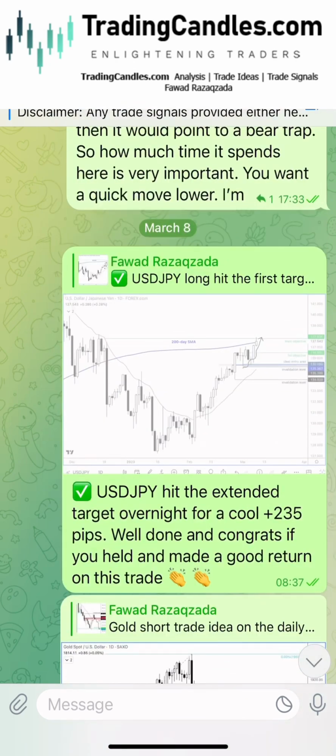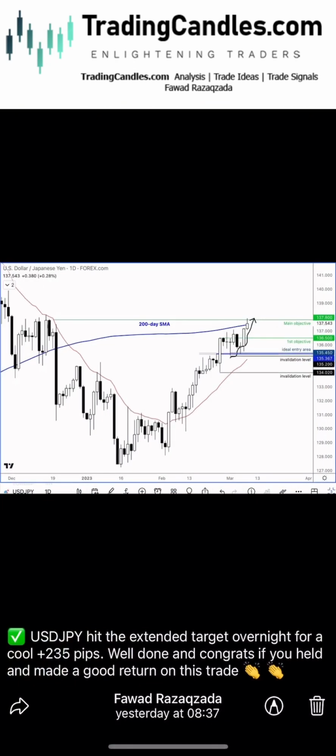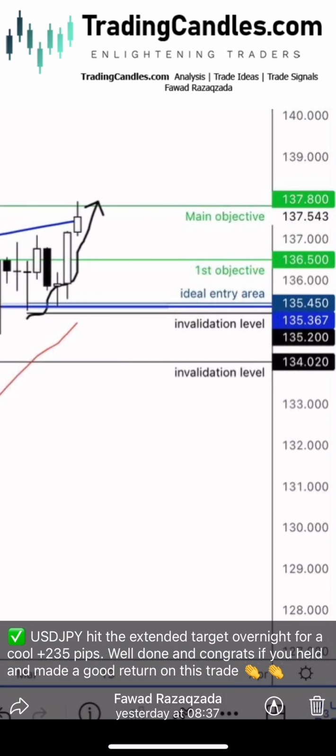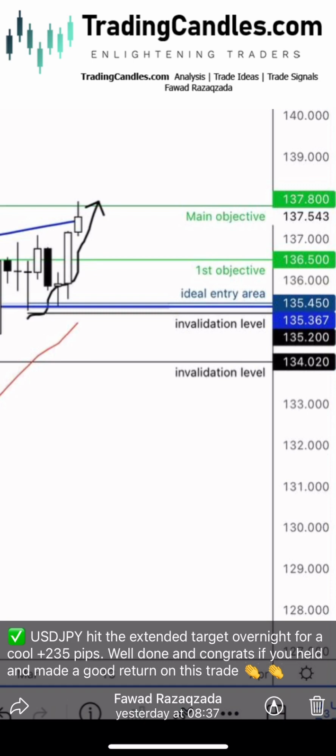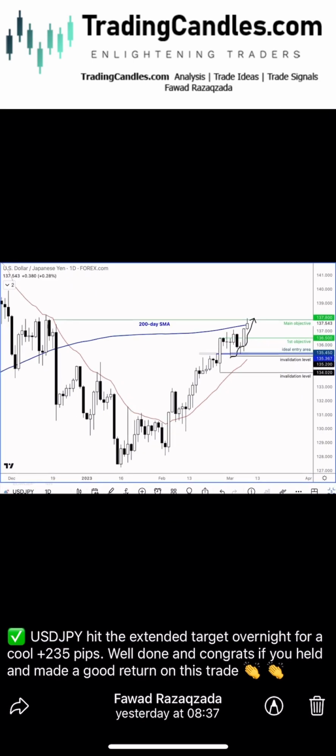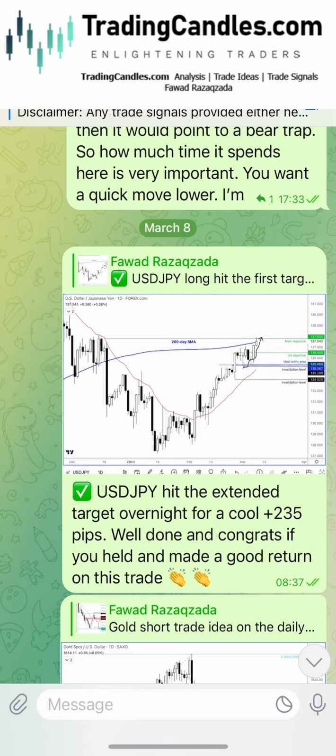The dollar yen hit our target at 137.80. That was the extended objective. The first was at 136.50. It hit both of those targets. We went long on this market